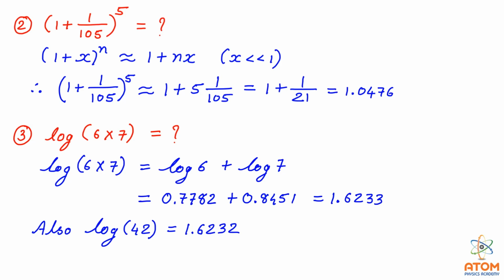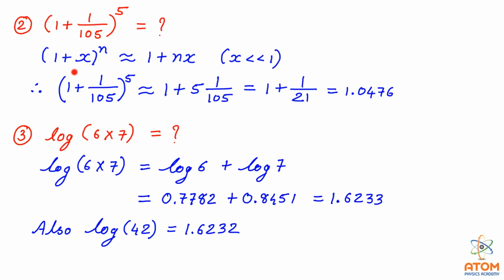But you can see here that this term is 1 upon 105, which will be obviously very less than 1. And if we are having such equation where this x is very less than 1, then as per the binomial theorem, we can consider the first two terms and we can ignore all of the rest of the terms. That's why 1 plus x raised to n can be just written as 1 plus nx.